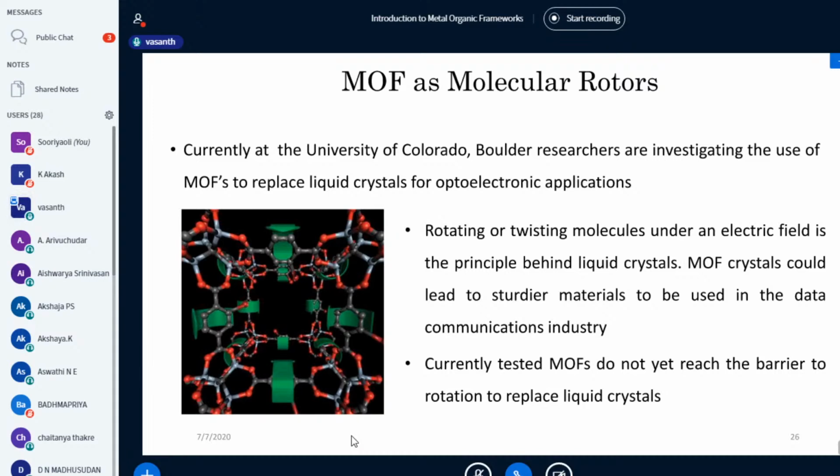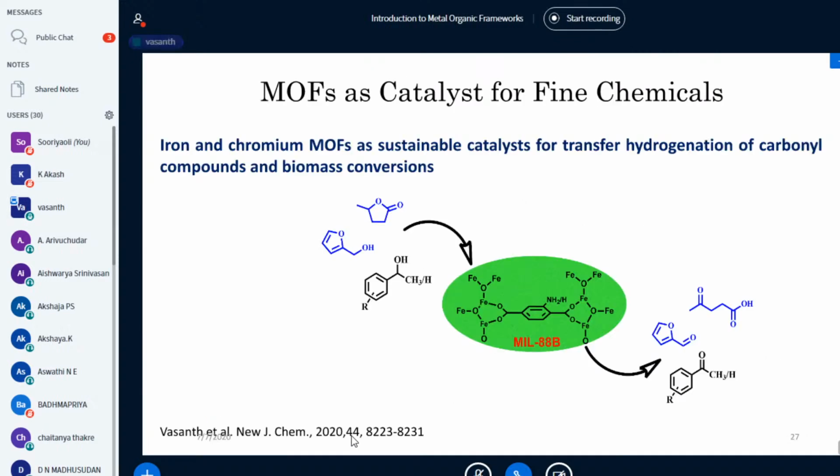It can be called a light stimulus. So if we apply some mechanical force, these molecules can bend together. For example, we have seen self-repairing polymers. So these self-repairing polymers are basically those which have a molecular rotor property in them. So these self-repairing polymers or self-repairing tires which we use in wheels have such kind of chemical properties. So metal organic frameworks can be used for such kind of applications also.